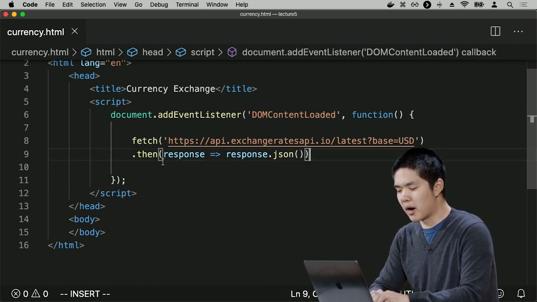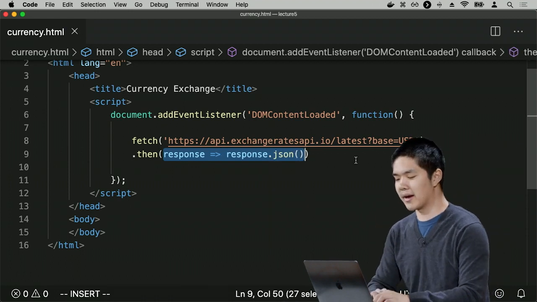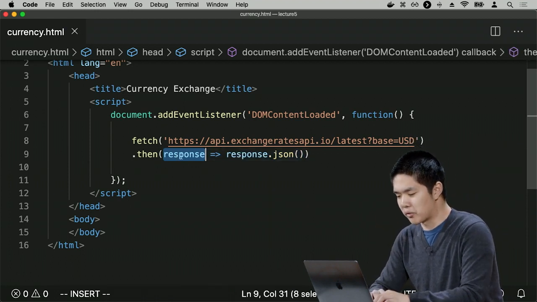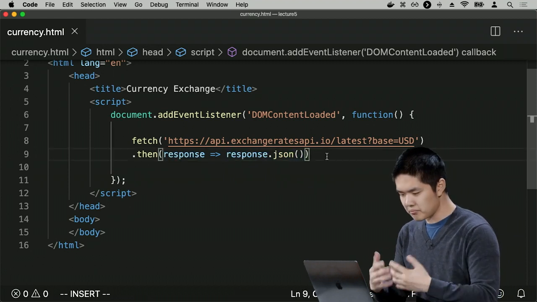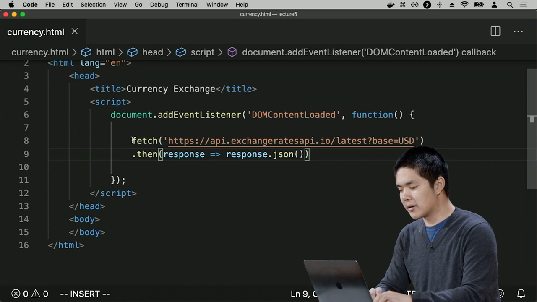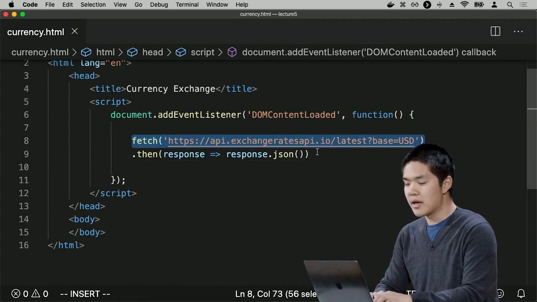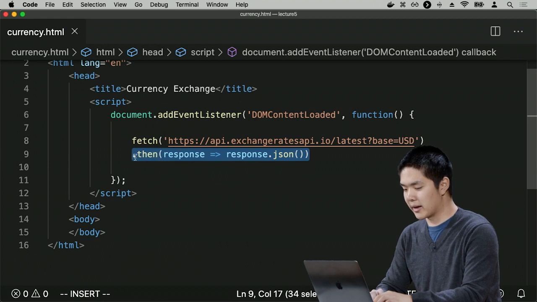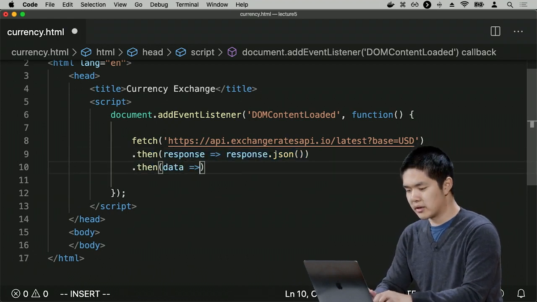I can just say response arrow response.json. And this is a shorthand way of saying a function that takes as input the response and returns as output response.json. So here I'm saying, go ahead and fetch me the latest exchange rates from this particular API, then convert the response to JSON data, and then once you have the data, here's what I want you to do